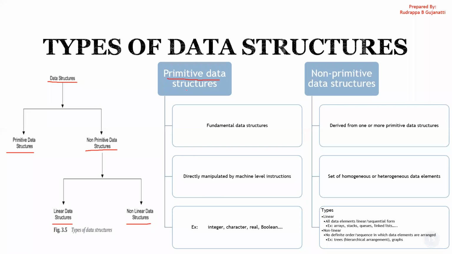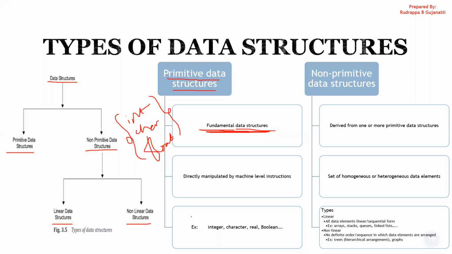So what is meant by primitive data structures? They are primitive in the sense that they are fundamental data structures. Which are the fundamental data structures? Previously we observed that we made use of int, char, and float. These are all primitive data types. So data structures pertaining to these primitive data types fall under the primitive data structures. These are the fundamental data structures which we have.